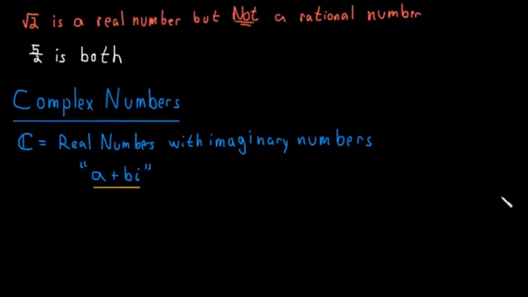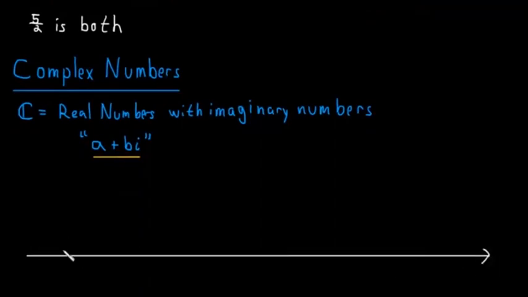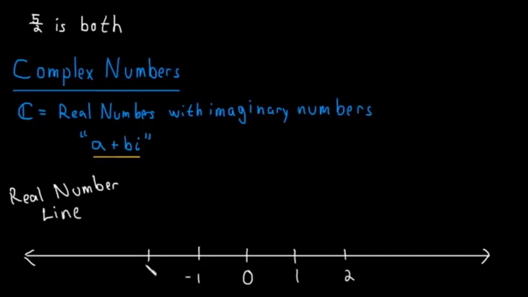Finally, we get to the complex numbers, which are just real numbers with imaginary numbers, things of the form a plus bi, where a and b are real and i is the imaginary number square root of -1. Now, if the complex numbers right now seem mysterious and weird to you, don't worry about it. We'll talk about it later. But let's revisit the real number line, or the real numbers. So this is the real number line,